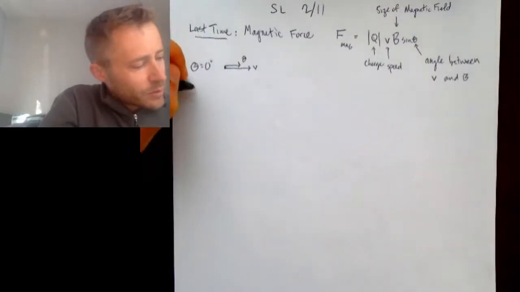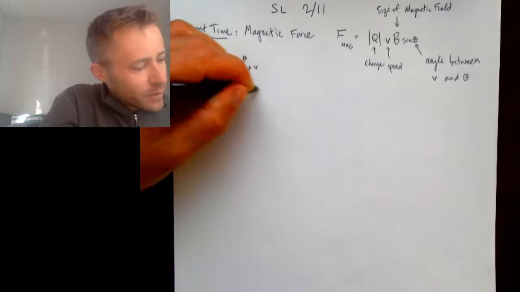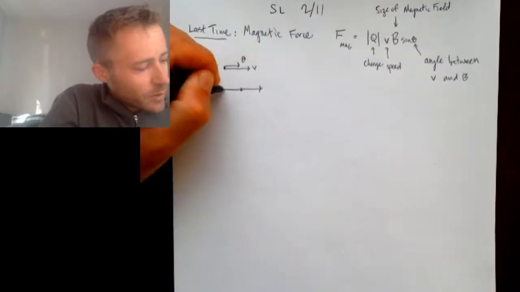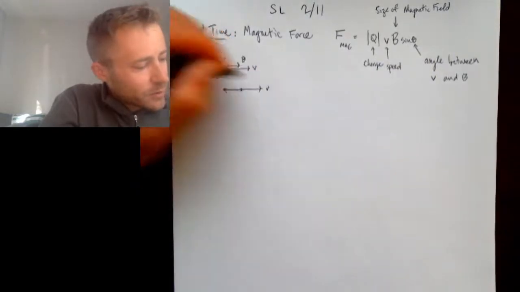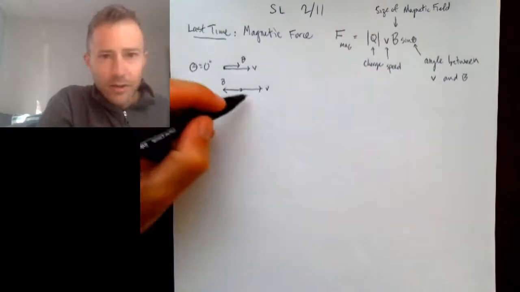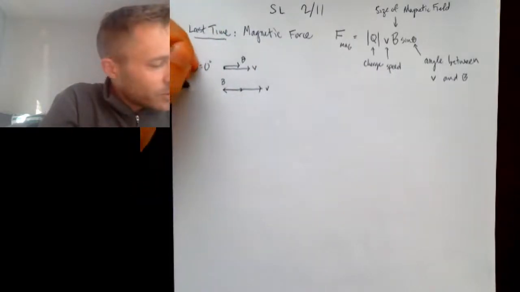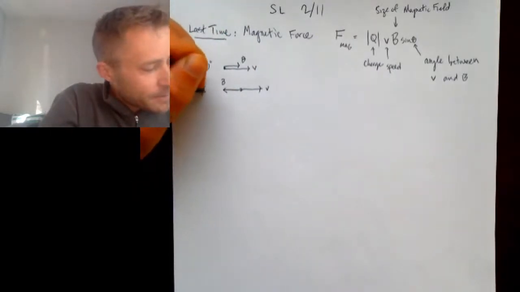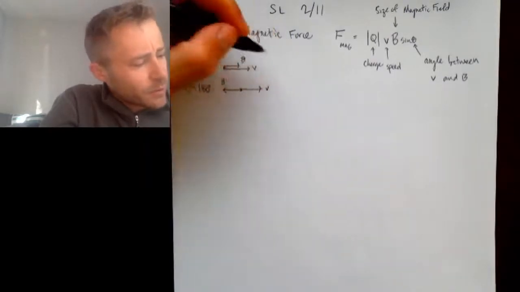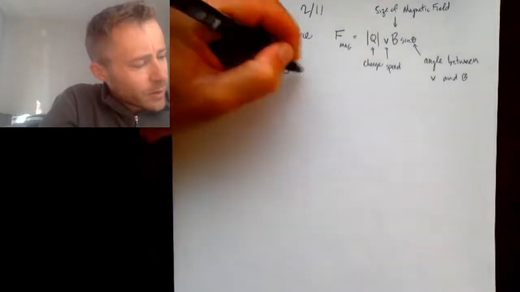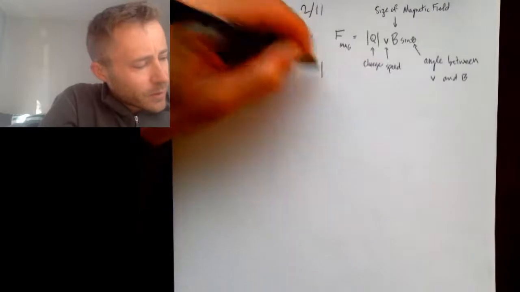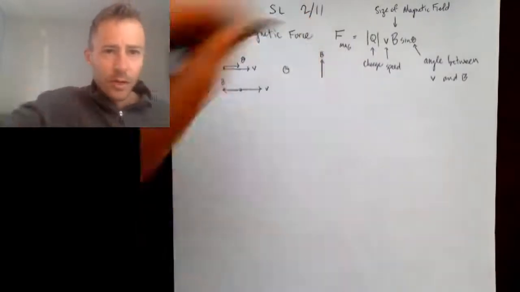If the velocity and the magnetic field are pointed in opposite directions, that's a 180 degree angle between them. And if you have a situation where,